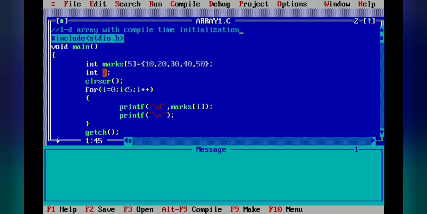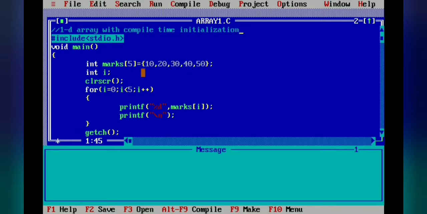So here we have declared one array variable named marks. And what is the size of the variable? 5. That means I can store the marks of 5 students here in one array variable marks, that is of integer data type. And this is the compile time array initialization, means here I am not getting the value from the user, but I am giving the static value. So what is the mark of a student, that is already given by me here. So this is called the compile time initialization, means when we are declaring our array variable, at that time only we provide the value of that variable.